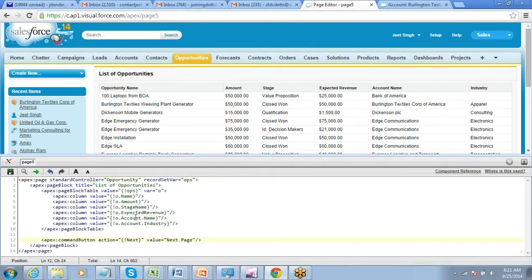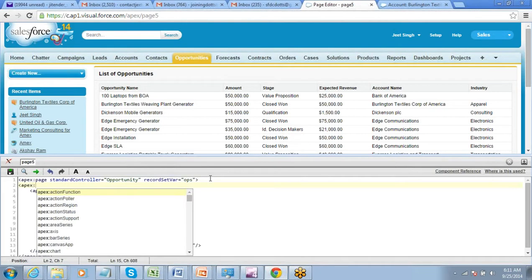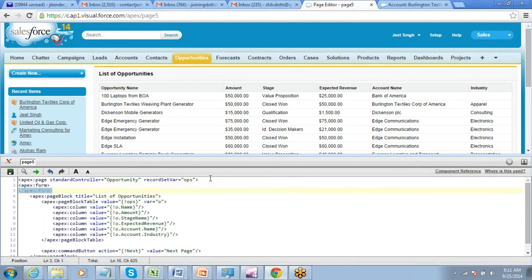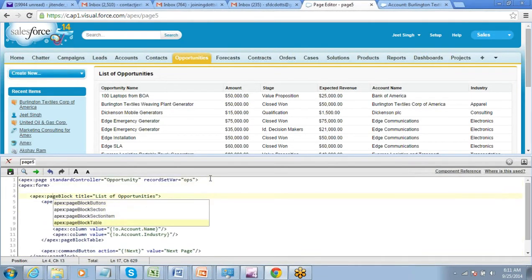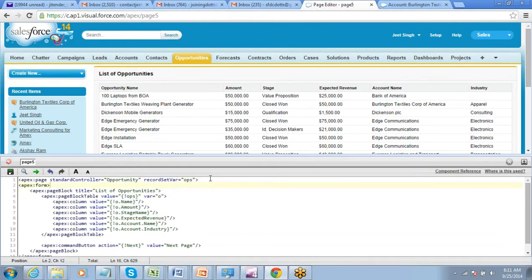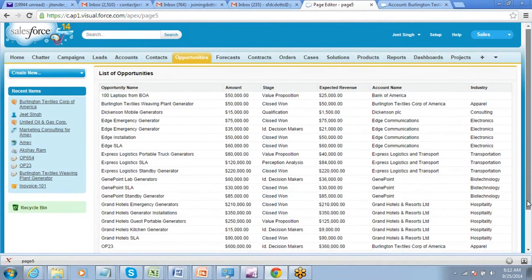Because you're using a command button, you also have to use a form component, right? So put apex:form.